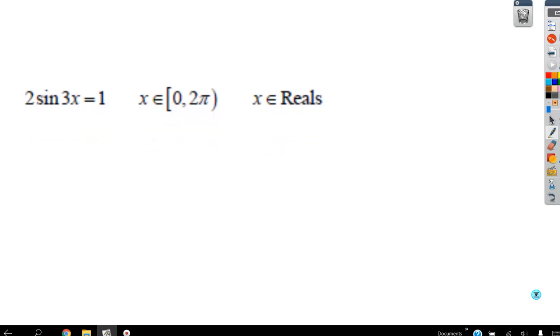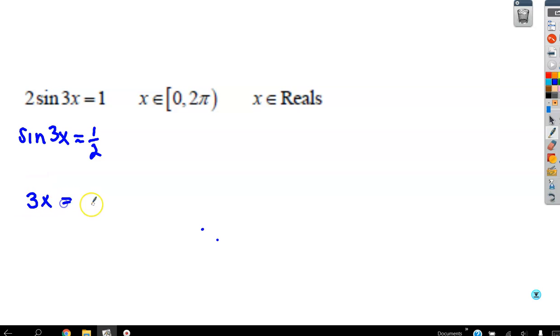Let's go a little bit more difficult. So notice on this one, I put a triple angle inside. You do not need to use an identity. If there's only one trig function, I'm going to show you how you can solve this with the 3x still in there. So I'm going to treat this as normal, and I'm going to start with what we just got, which is that if you took the sine inverse of both sides, you'd get that the angle,